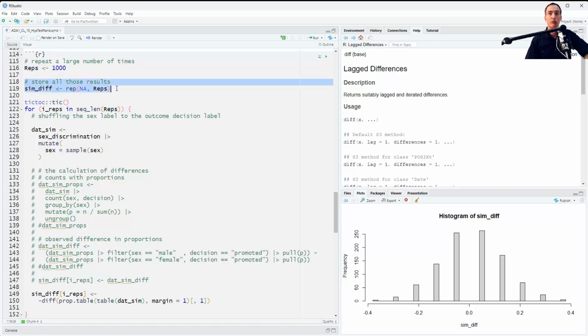Always pre-allocate space for your results, because that will also make things very fast, right? It's like figuring out in your house where things go so that you don't just have chaos. Make a place for everything and then place the things where they go. So that's what we've done. We started with a list of missing values rather than zeros. Don't pre-fill it with zeros, because